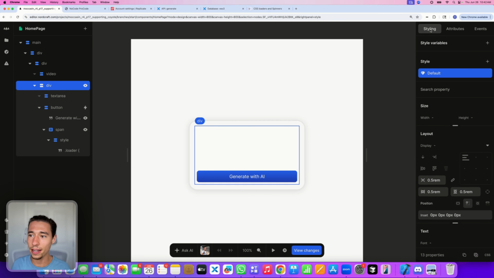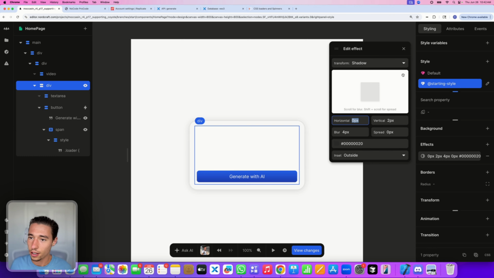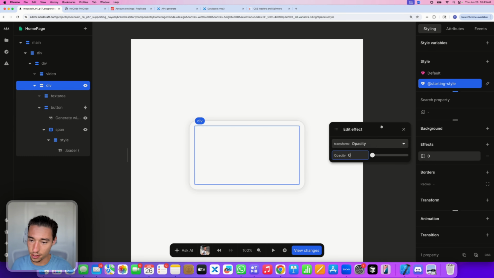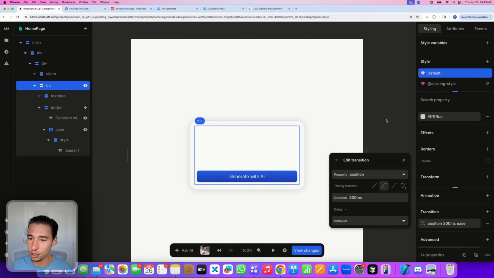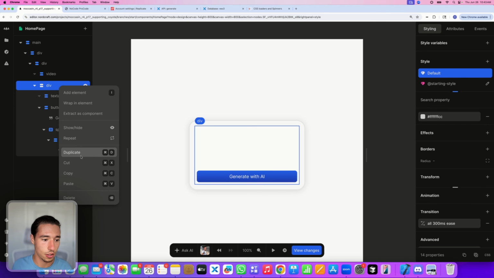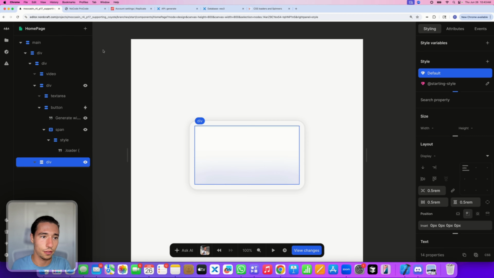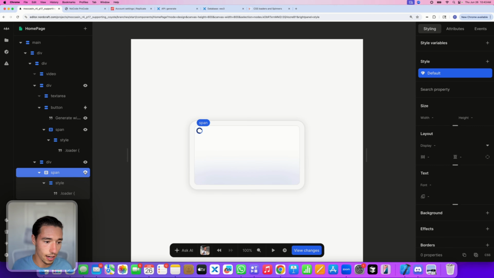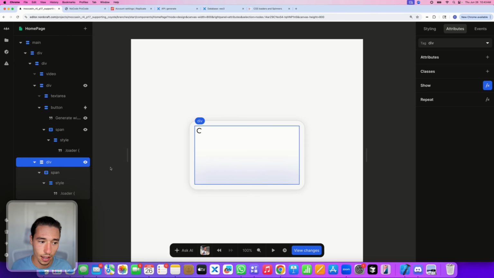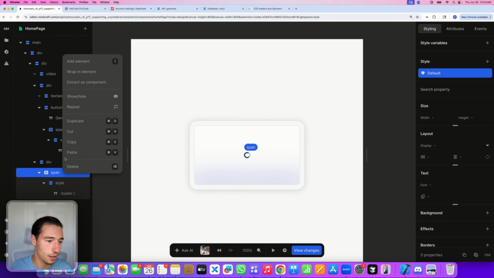Perfect. Now we want this to animate. So I'll go on style, and I'll set up starting style. Starting style will have an opacity of 0, and then the default will have a transition of all elements 300 milliseconds. So we have a nice animation. I can then just duplicate this element if I want to and remove everything that's in it. And then inside of here, I will just borrow my loader and put it in here, right? And I'll just remove the height on it, and I will go on this element and I will center it, right? And then I'll wrap this in an element,